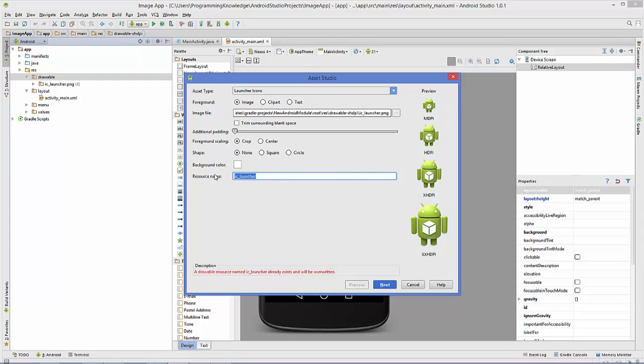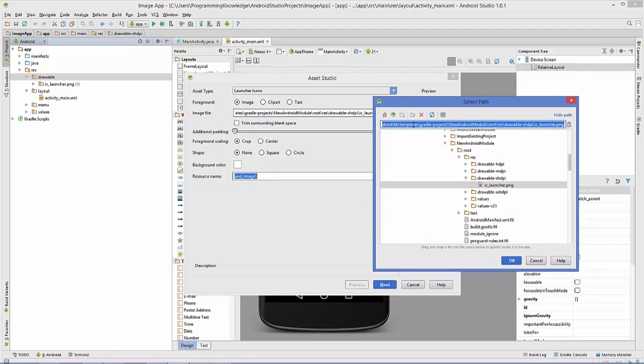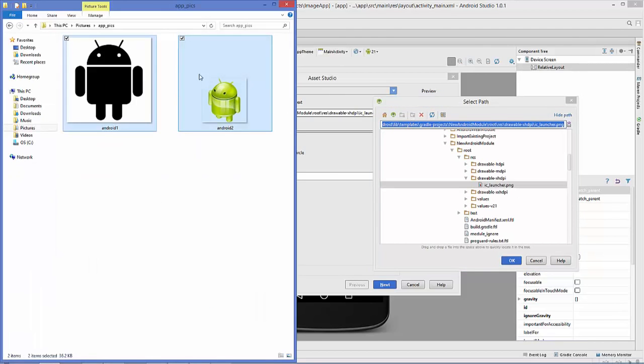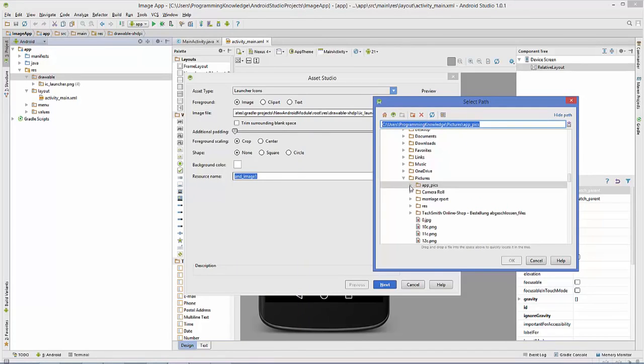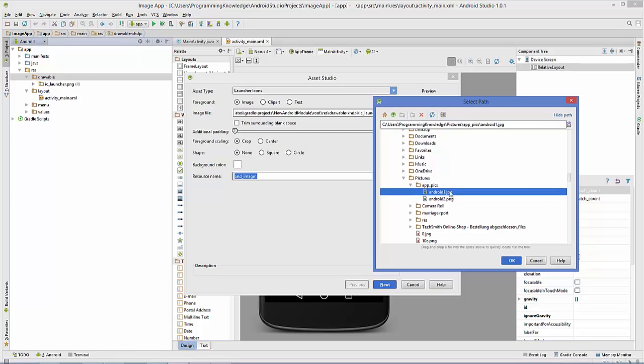So for example, AND underscore image 1. So this is the resource name you need to give for your image. Okay, and asset type is launcher icon, and in the image file you just need to give the path of your image. Okay, so for example, I will just copy the path here and paste it here, and then I can see my folder, and in here I can choose my PNG